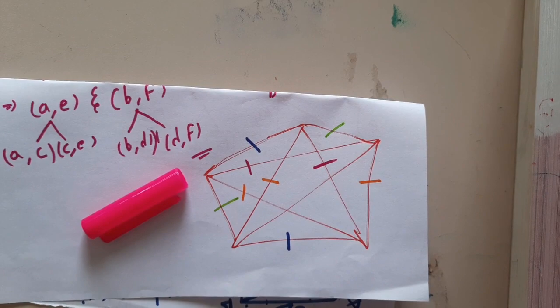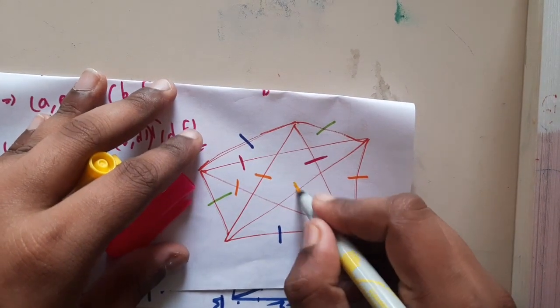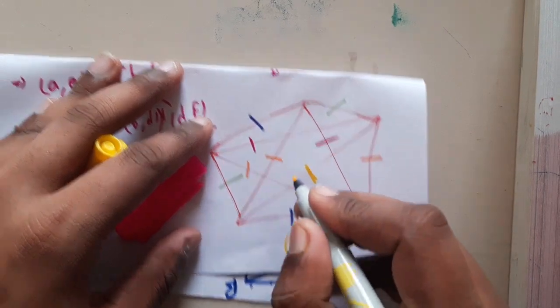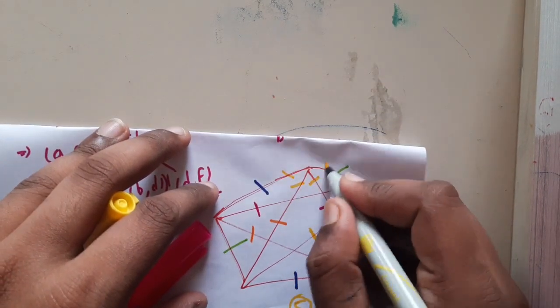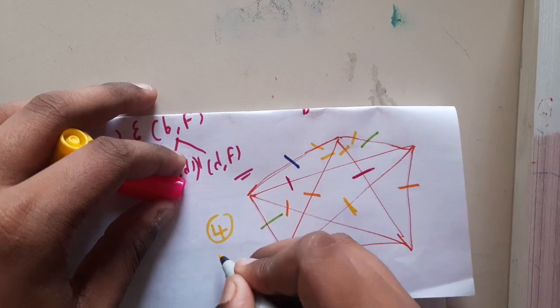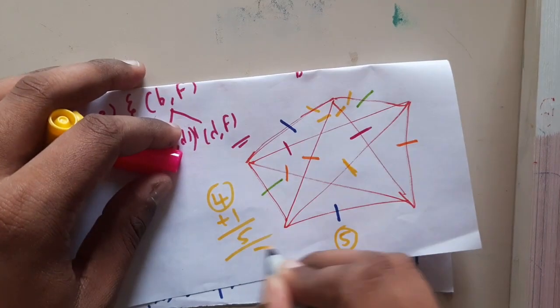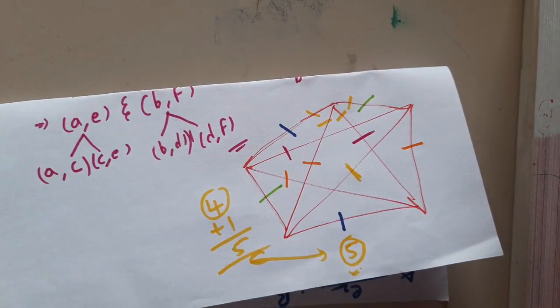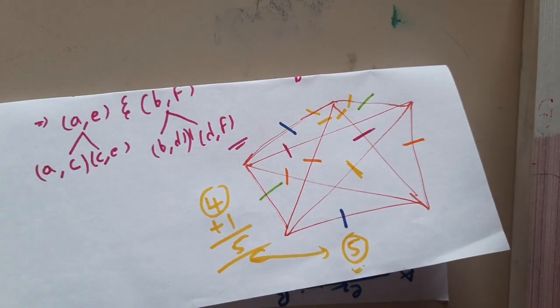Once we check with our theorem, we'll get the answer. At the end we got 5 different colors, right? So we need 5 different colors. What is the maximum degree, guys? The maximum degree is 4, and 4 plus 1 is 5. So our value and this are matching, hence we can say that our theorem is absolutely fine and works fine for solving the problems, right?